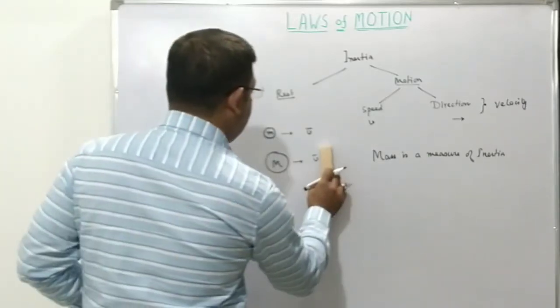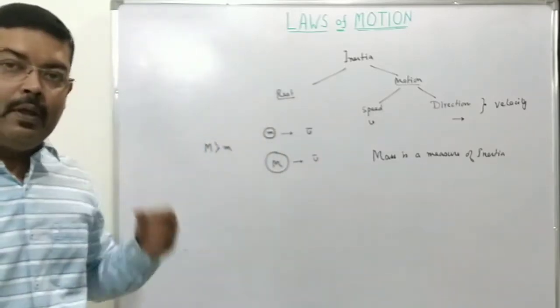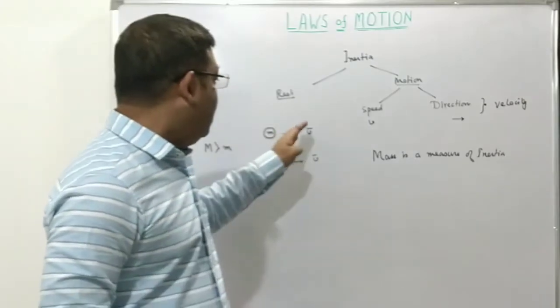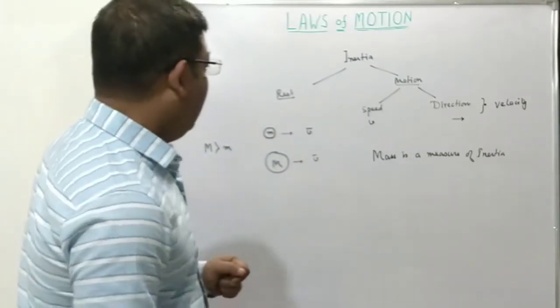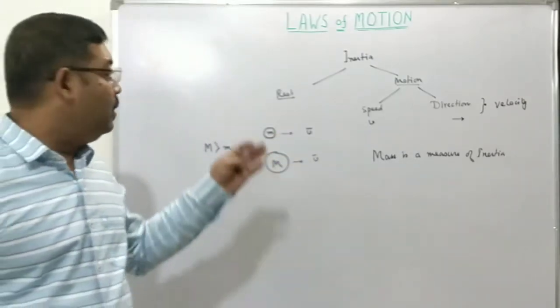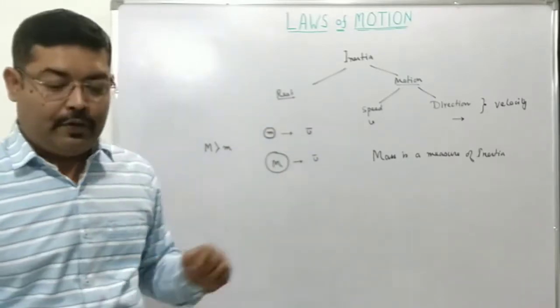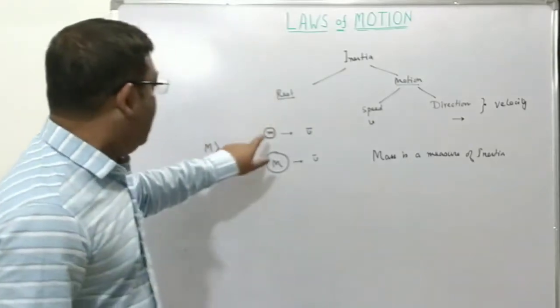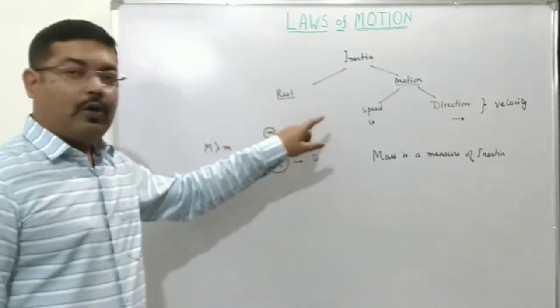Both are moving with the same velocity v. If both the objects are moving with the same velocity, then the equations of kinematics from the previous chapters will not be able to differentiate between the motion of the two. However, we know one thing: the tennis ball or the smaller mass,